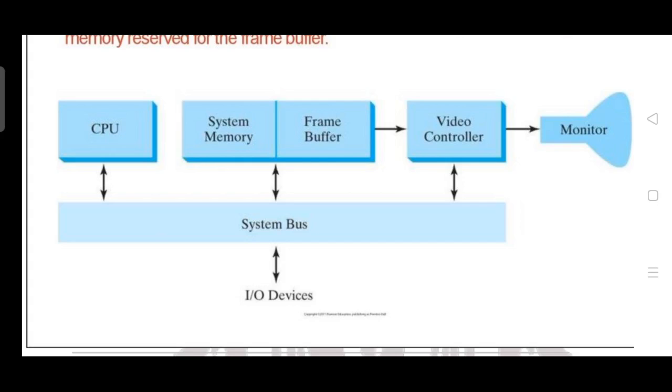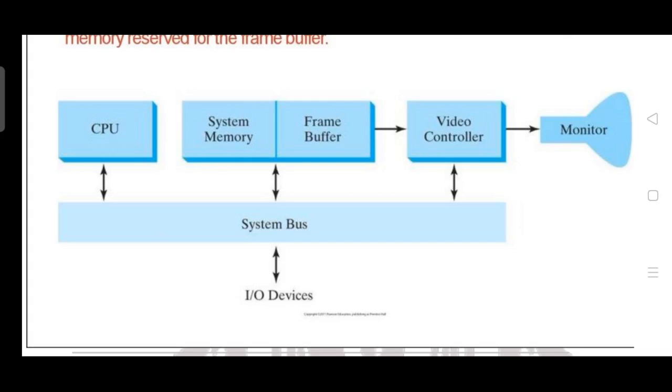Here you can see the diagram. There is a CPU on one side, and a system bus. Hope you are all familiar with the term bus. A bus is a channel which connects all the peripherals, all the components. It can be between a processor and memory, and other peripherals, the IO devices.